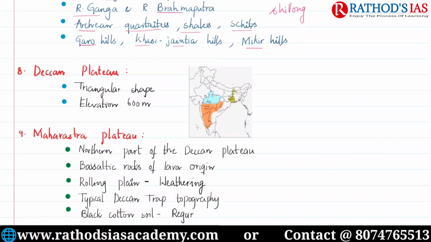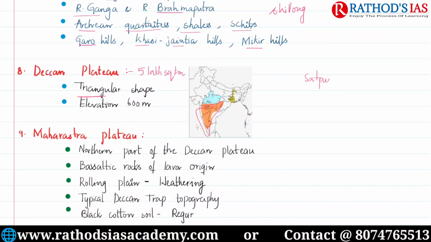And next one is our Deccan Plateau. There is nothing much to know about this Deccan Plateau, right? You are well versed with it. In this map you can see the orange colored part which comes under the Deccan Plateau, which covers an area of about 5 lakh square kilometers. And this Deccan Plateau is triangular in shape,